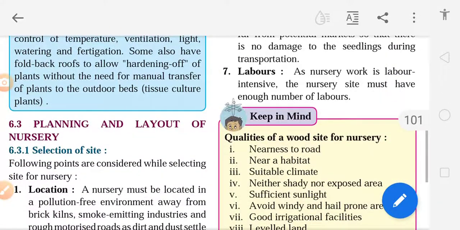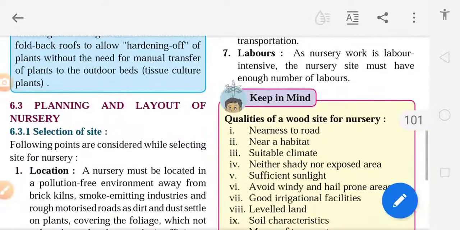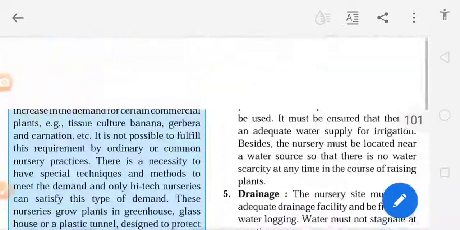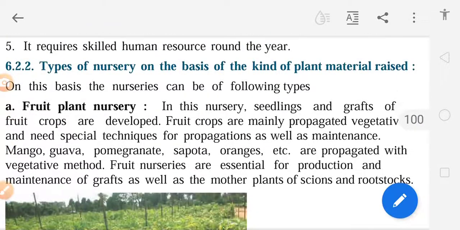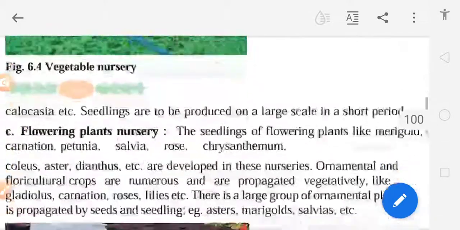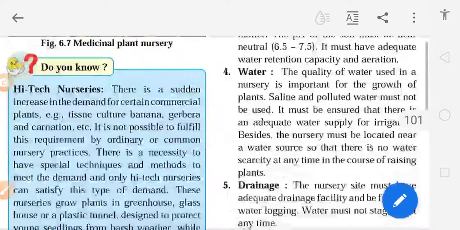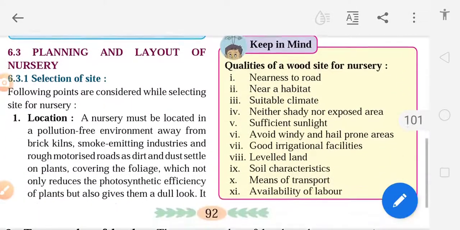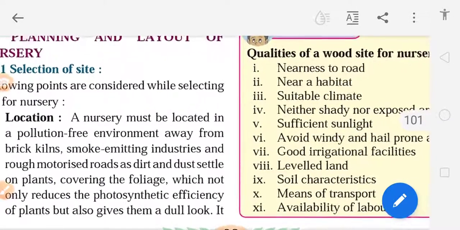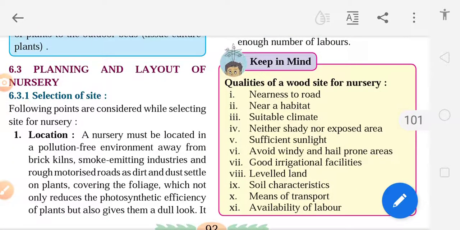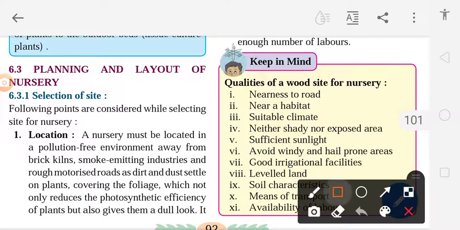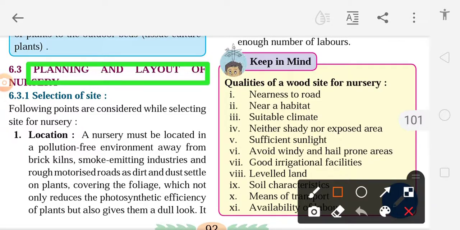Now for these nurseries, we have to go for the requirements for nursery, that is called planning and layout of nursery. Now here in this planning and layout of nursery, let us go first of all to the selection